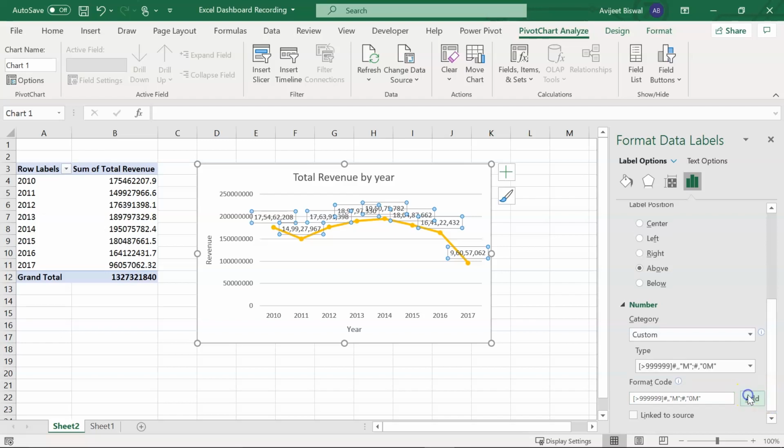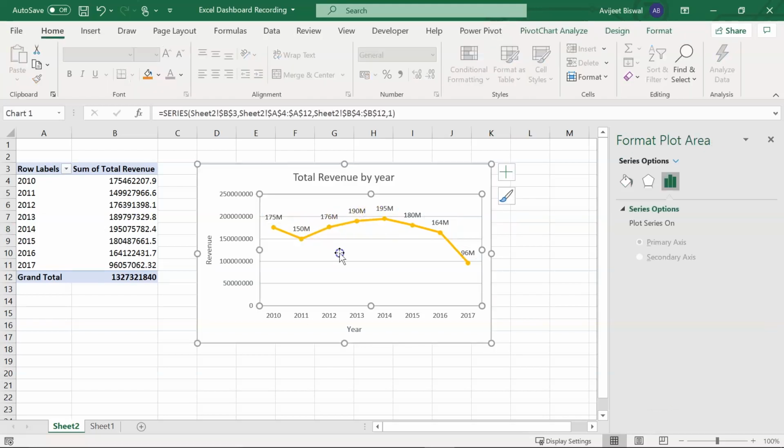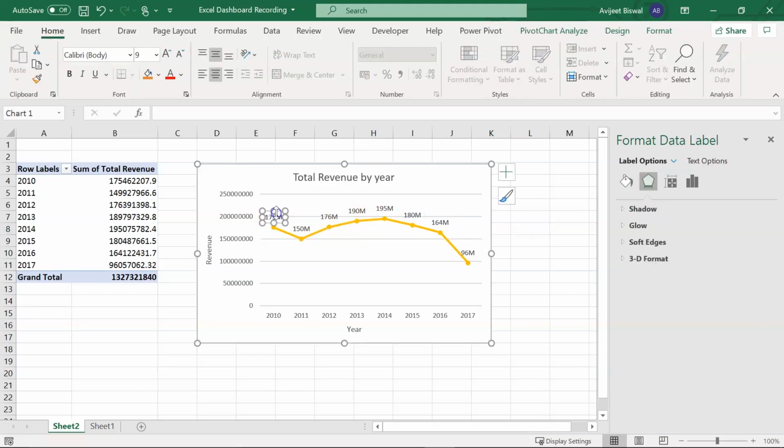Let me click on add. Alright, you can see how nicely we have formatted our data, and you see here we have added the new format which is in millions. Alright, now if you want, you can go ahead and adjust the boxes. Let me move this a bit up. I'll delete this.